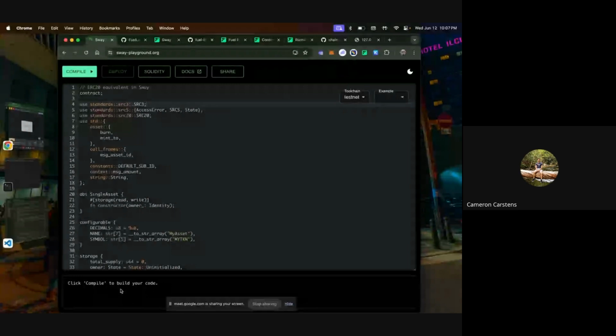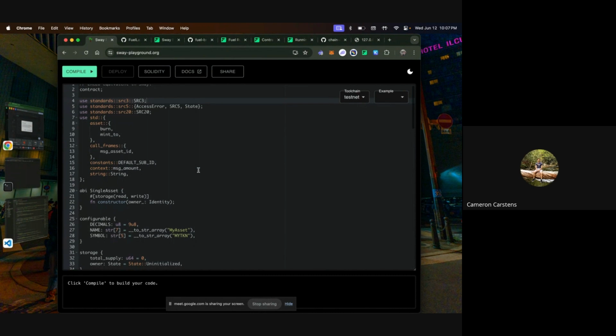Perfect. The first thing I'm going to show you is the anatomy of a Sway contract. You may have used this already: it's called Sway Playground, a great way to compile contracts straight from the browser.